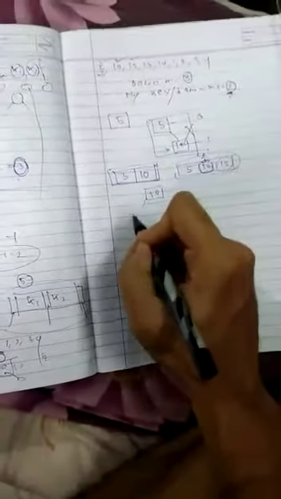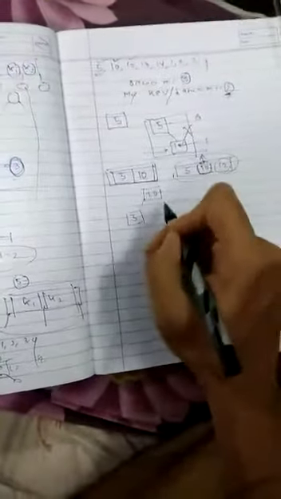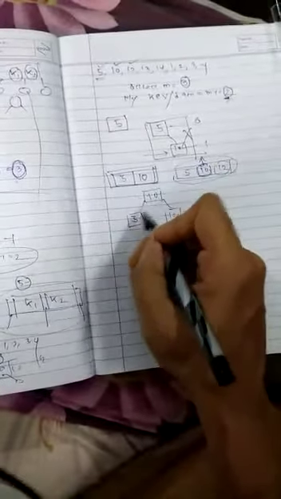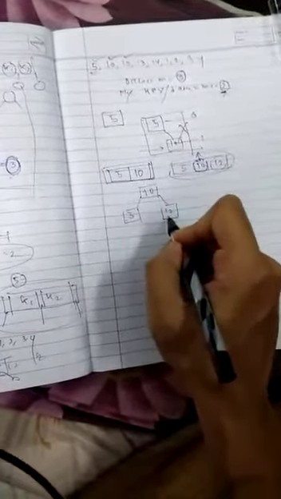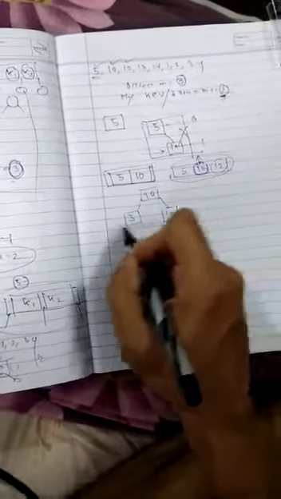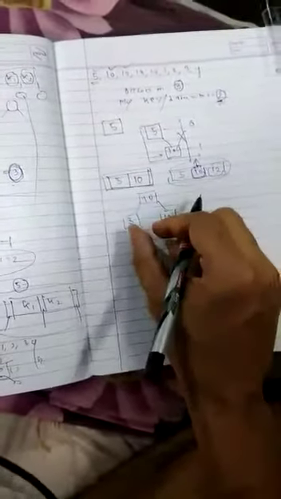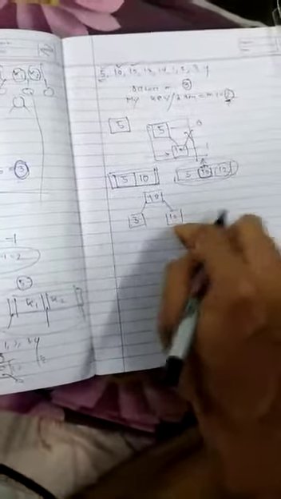How to split it? Whatever the median value is, it goes to the next level. The median value goes to the next level. That means this is 10, and what is the left side? 5. And what is the right side? It is 12. So see, the binary search tree property is also maintained: left side less than, right side greater than, and all the leaf nodes are at the same level. That means it is a B tree. It is a B tree, also a binary search tree, but all the leaf nodes are at the same level.